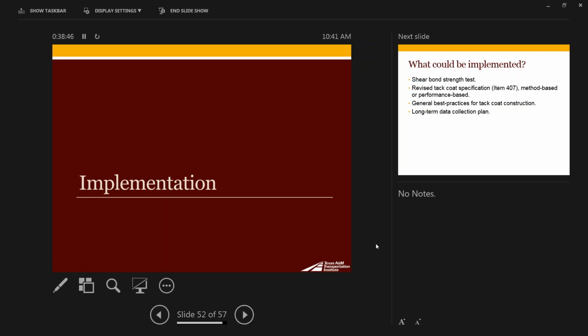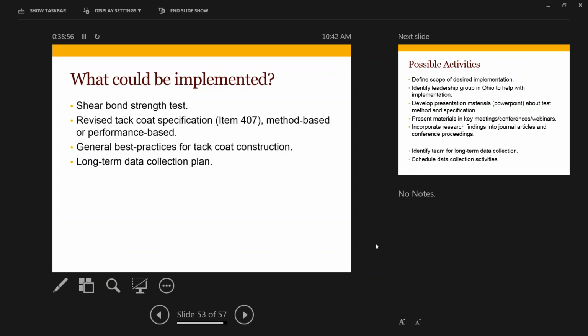So how might you implement this? This really isn't up to me. This is up to you all to discuss. But I just put some talking points here. You can implement the shear bond strength test. You can revise the tack coat specifications, as we discussed. You can put together a general best practices for tack coat construction webinar or similar, and you can implement the